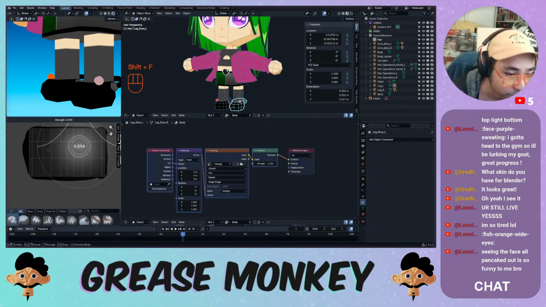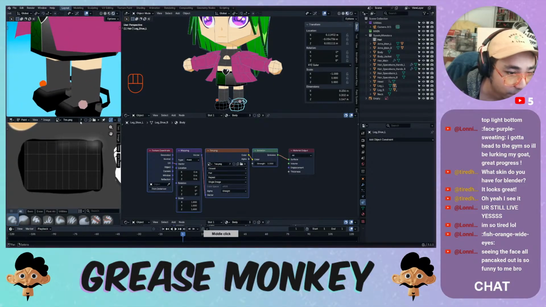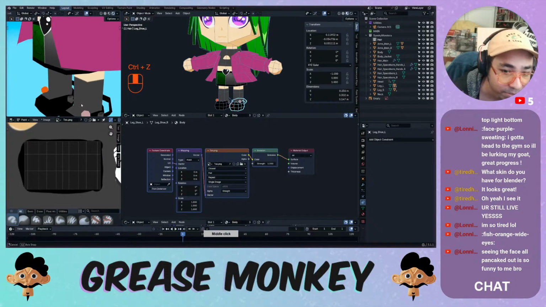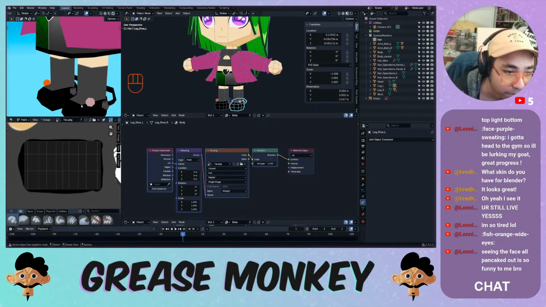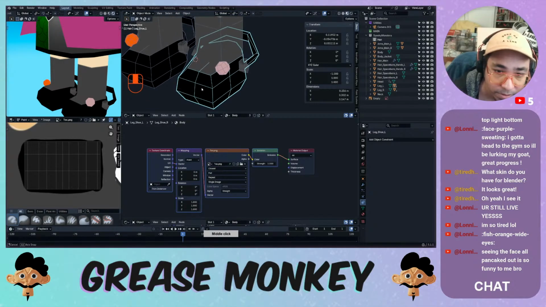We'll make this much softer. Figure out where the fronts of the shoes are right here. Oh, the tops are still black. Oh,